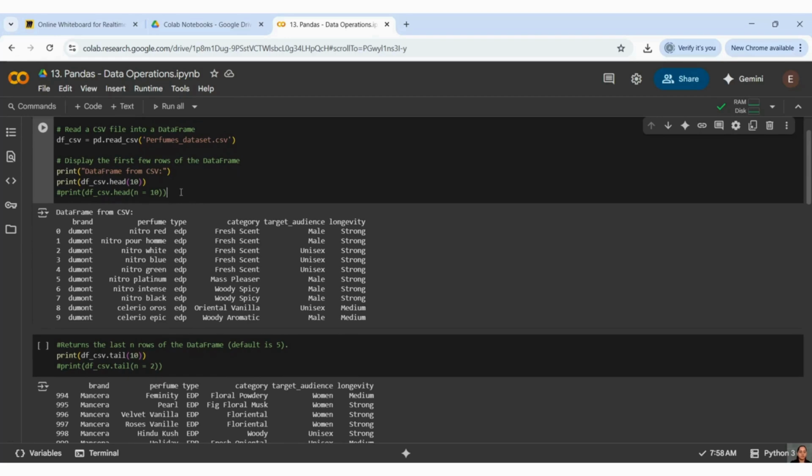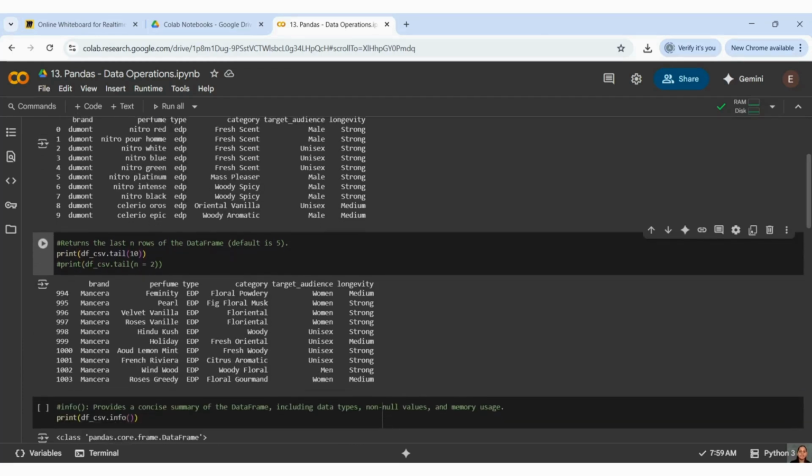So now I have shown you my top 10 rows. By default, it is going to take 5 rows. And here it is showing me the bottom 10, the tail part, the last 10 rows of my data set. Again here we can give n equal to 10, or n equal to 5, based on your choice.